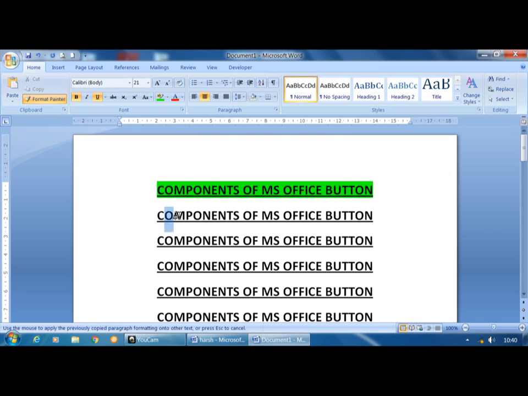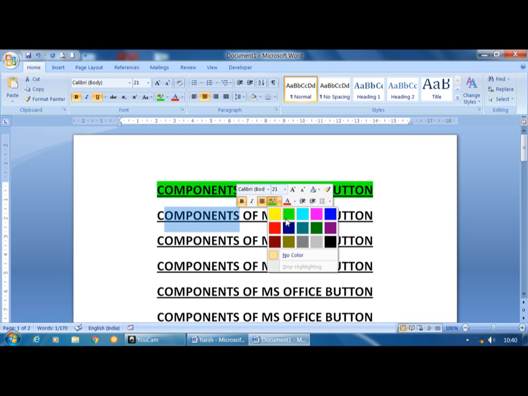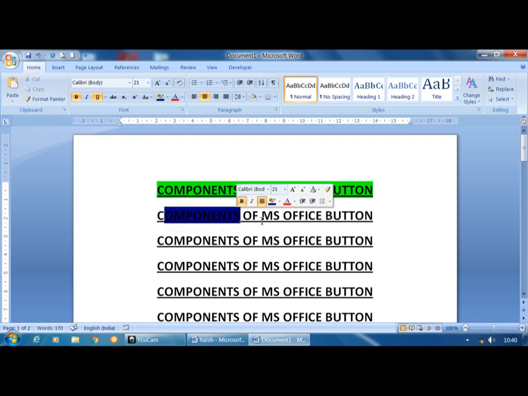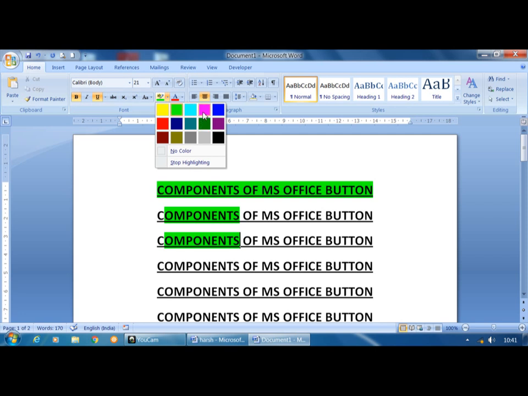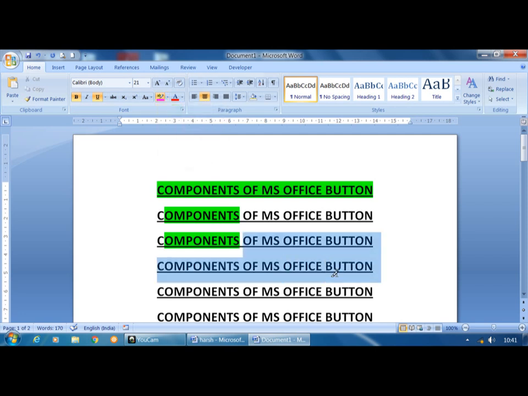I will apply the color only for the components. So select this one, then select the color option here. Or if I want to change, you can select this. Again, you can drag it. Again, I will select this option, and if I want to change the color, again I will select the color option here and drag it. See, this is nothing but the Format Painter. The Format Painter option is used to highlight the text. Normally it is a text highlighter.